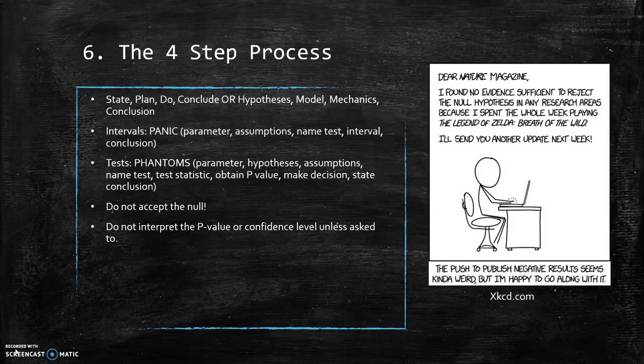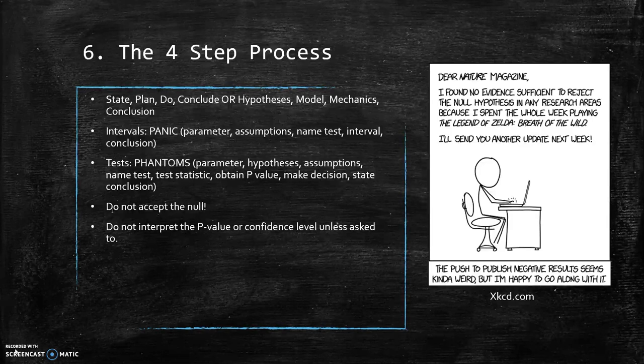Number 6 is to know the 4-step process. This goes along with intervals and testing. In the textbook, those 4 steps are called hypotheses, model, mechanics, and conclusion. Other textbooks will use state, plan, do, or conclude. The next 2 bulleted items here are some acronyms that I have seen recently, and it's broken down even more. So each letter stands for a step that you need to make sure that you include,